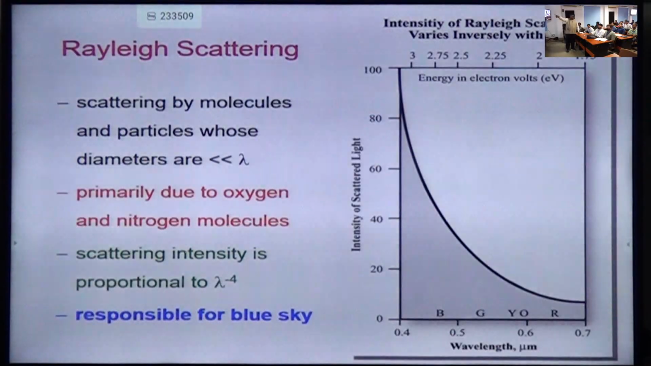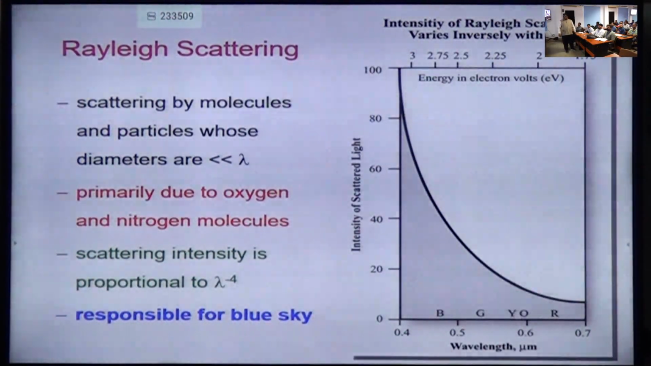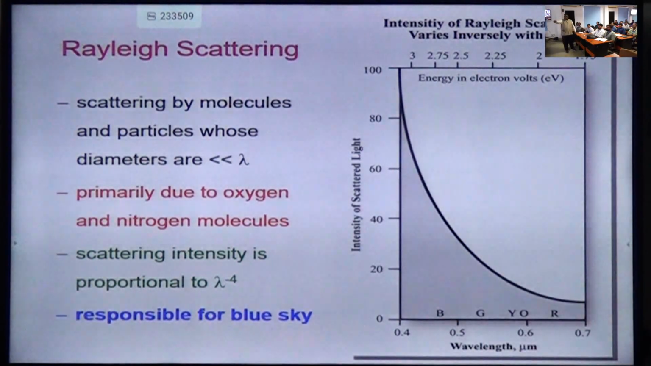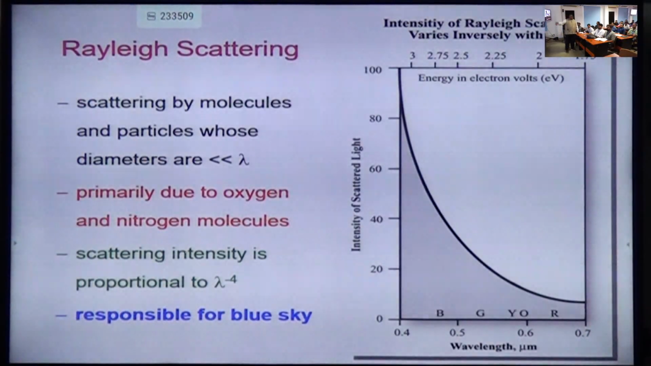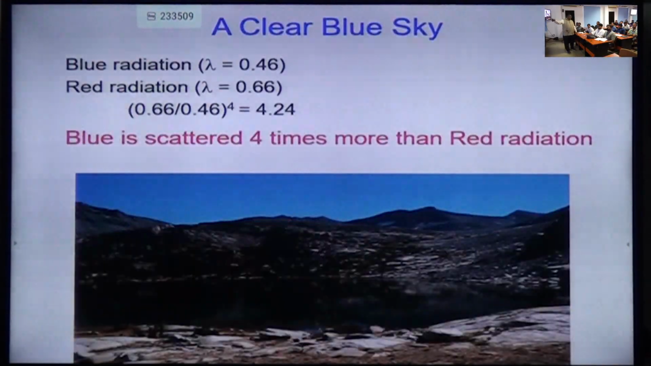So scattered by the molecules and particles whose diameter are very very less, whose मुझे नहीं चाहिए, वो प्रोफेसर को चाहिए 10 मिनट. So scattered by molecules and particles whose diameter are very less, primarily due to oxygen and nitrogen